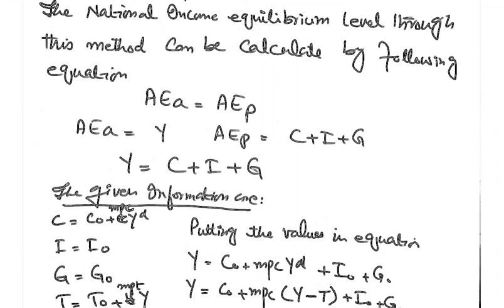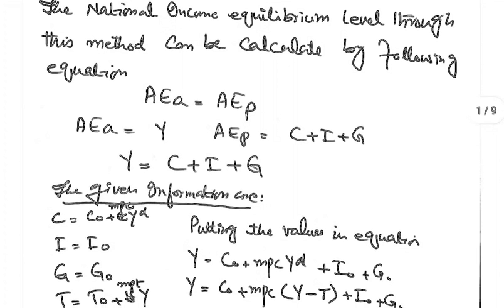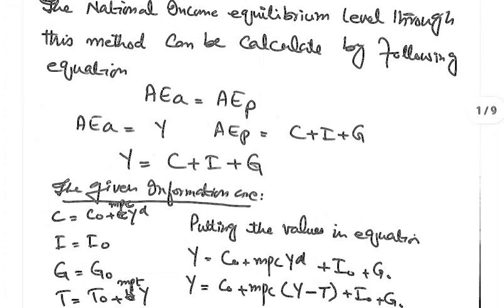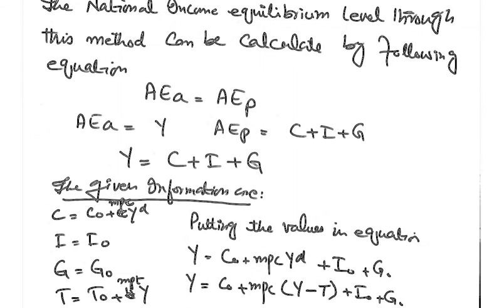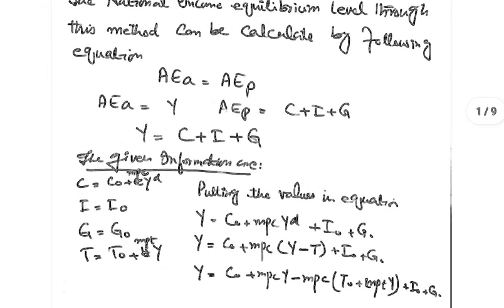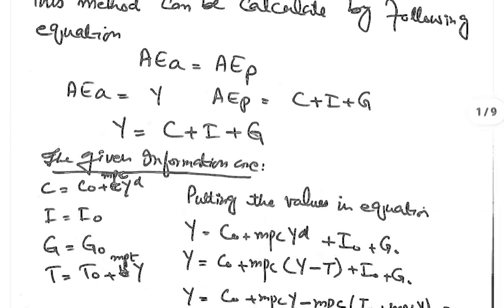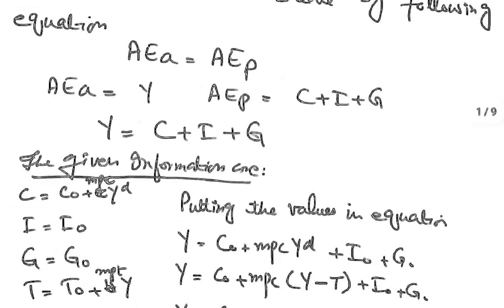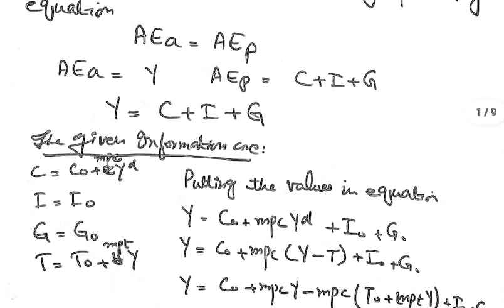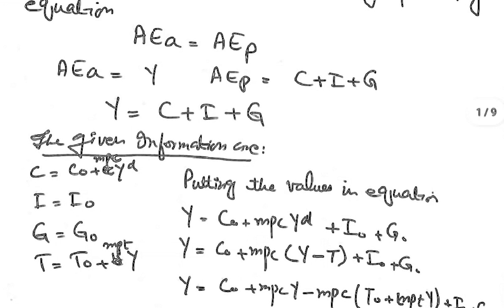And as we know that the aggregate expenditure actual are equal to Y, that is the aggregate supply, and the aggregate expenditure planned are equal to C plus I plus G, that is the cumulative demand of the economy. So the national income formula is here, where the supply is equal to its demand, that Y is equal to C plus I plus G, and we will derive now the national income formula by including the